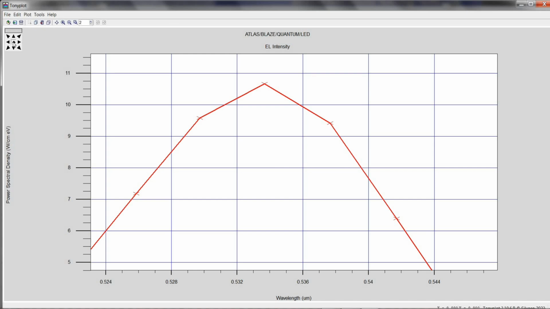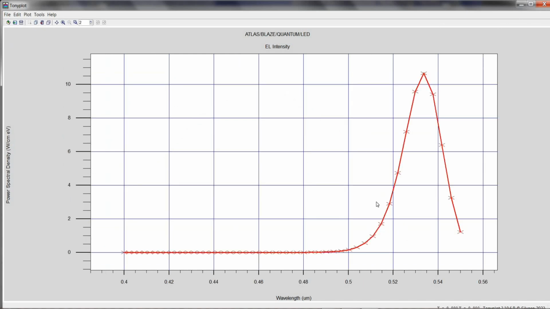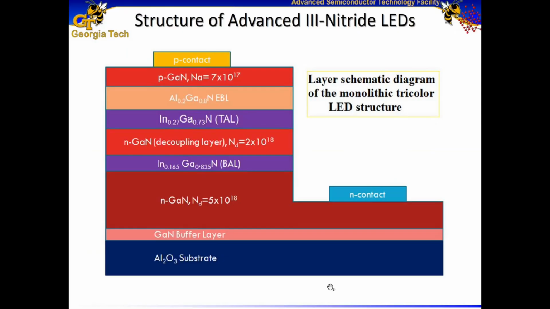Now, going back over here, so in the Silvaco TCAD code, I showed you a light emitting diode structure based on gallium nitride, and the active layer was indium gallium nitride based. But